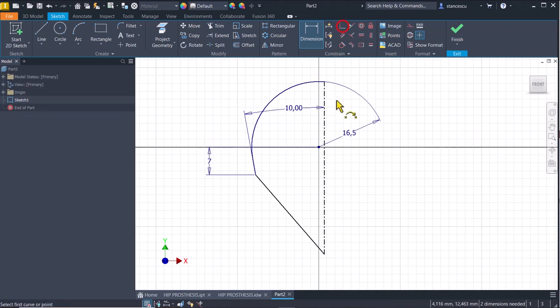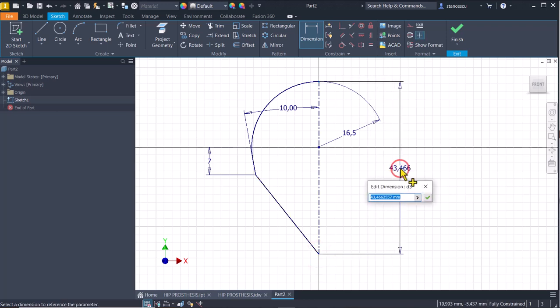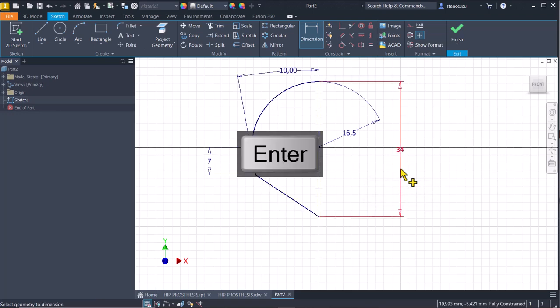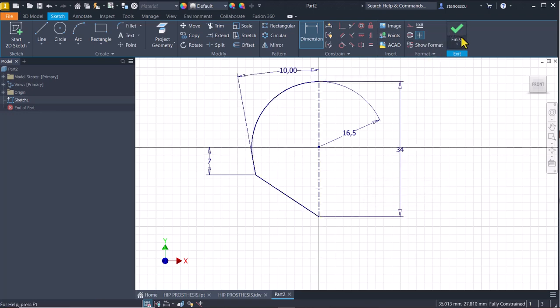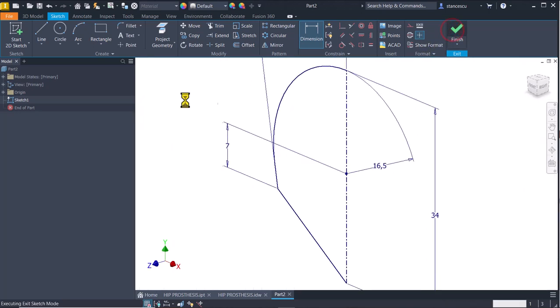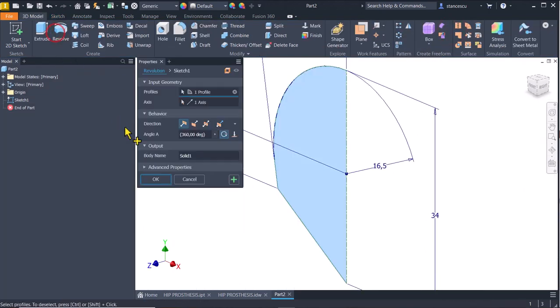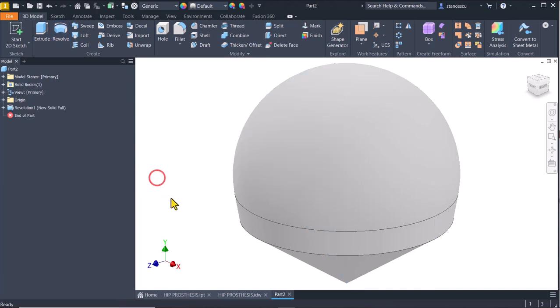I need to place the axis on the center point. This is the center point, as I mentioned before, and there is a distance of 34 between these two points. 34. Now we have a fully constrained sketch, so we can apply revolve, and we have the first